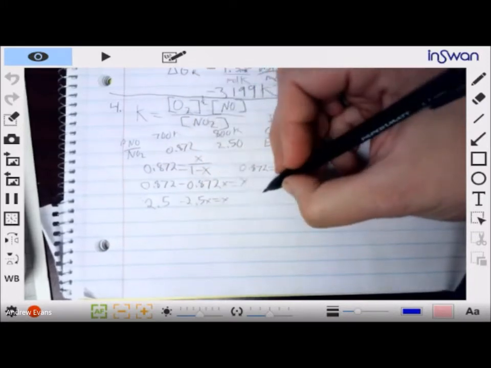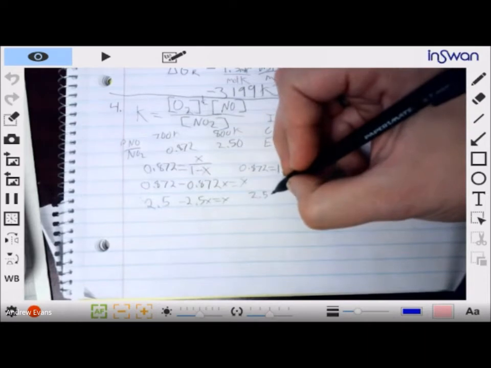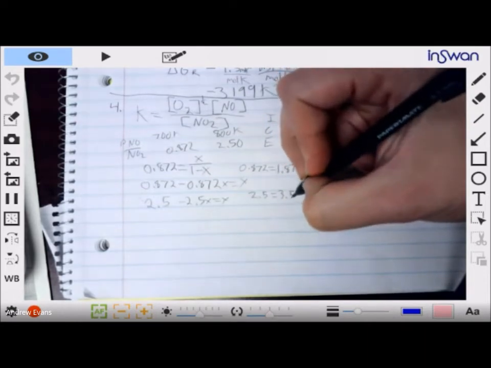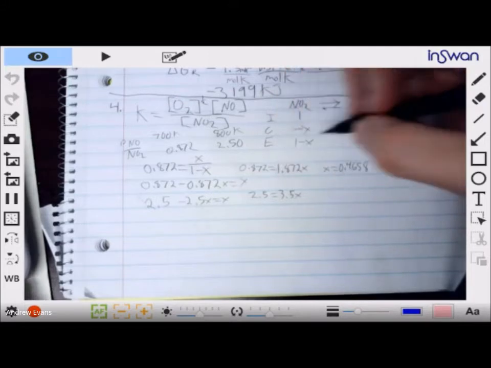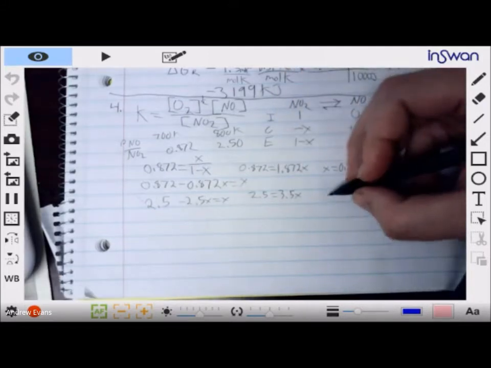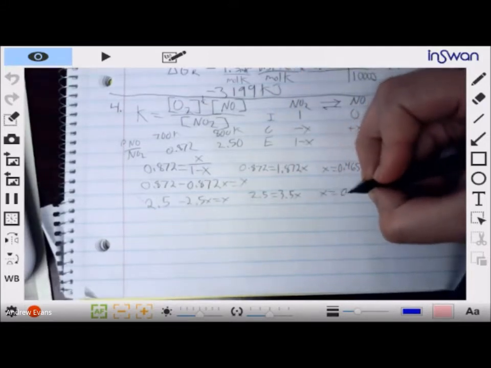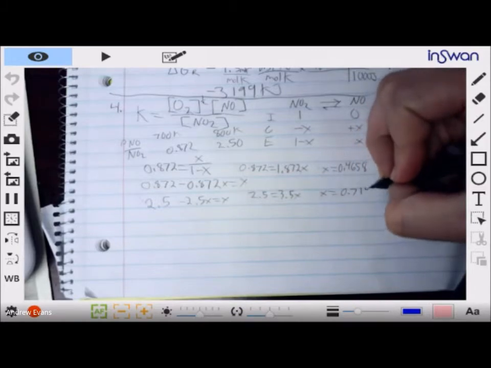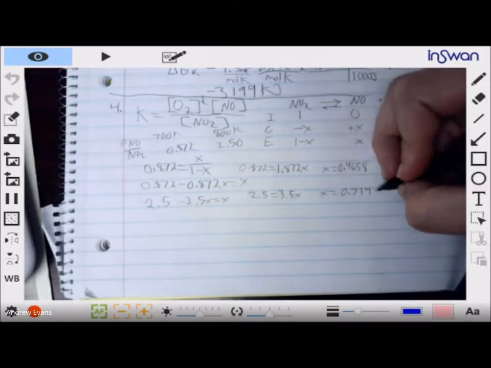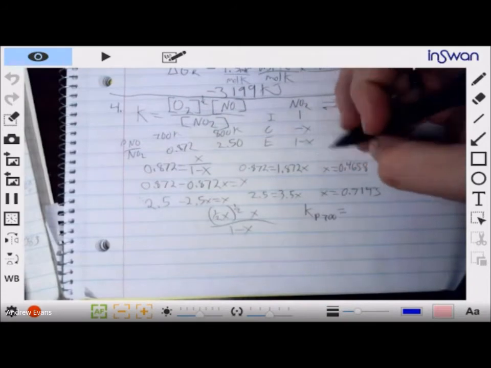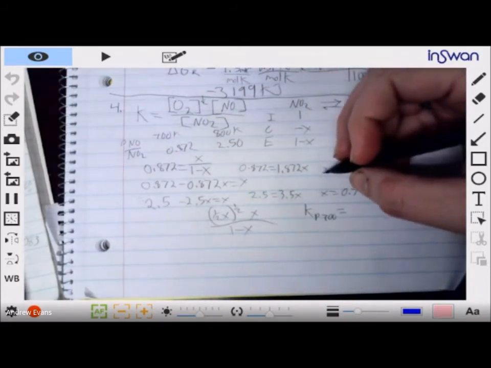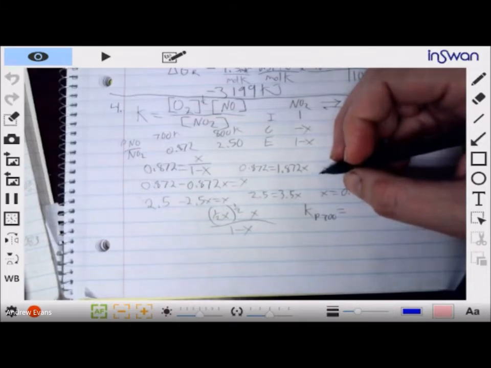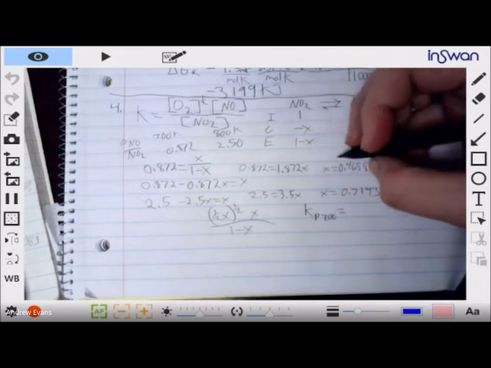So you'd get 2.5 equals 3.5x, x being, in that case, something like x equals 0.7143. In this case, we need to calculate our total moles before we calculate this, because right now, moles, we